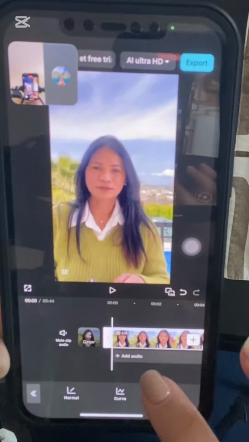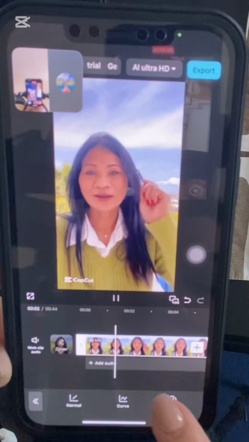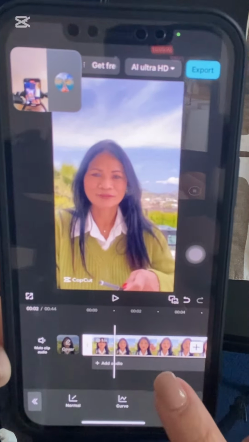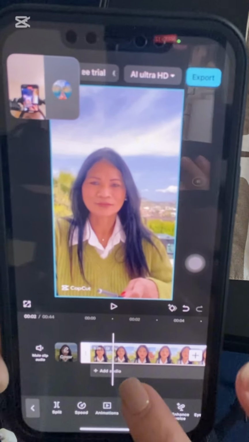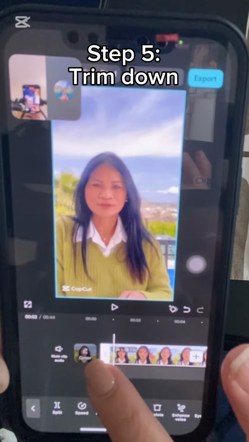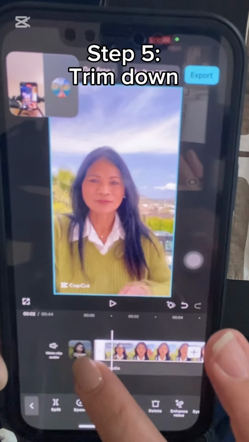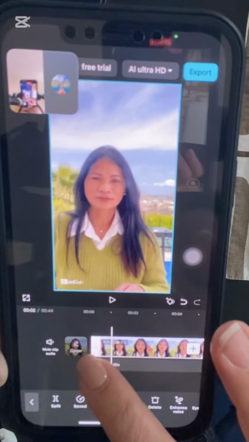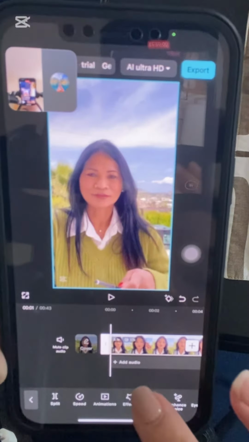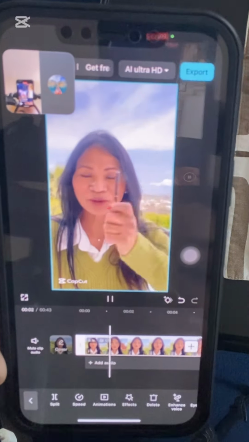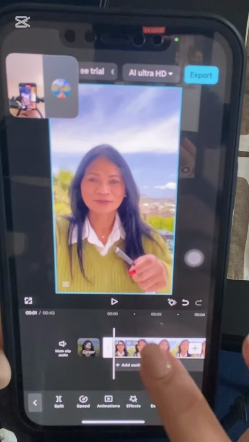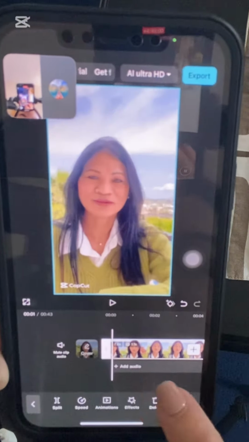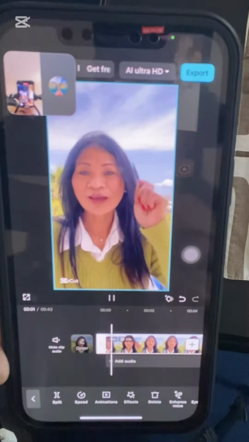Okay, so what's next? In this video, you can see that Susan has started to speak after maybe 1 second. Okay, so just to remove all those idle part, you can toggle it left and right and just cut it. Okay, and just select the part where exactly she started to speak. So I can still toggle it a little bit more to the right. Yes, that is perfect.